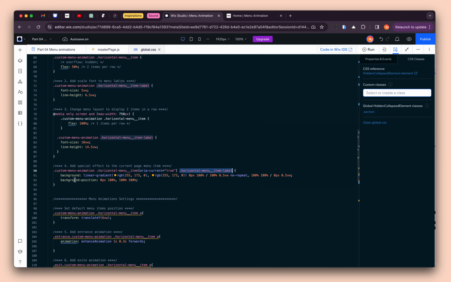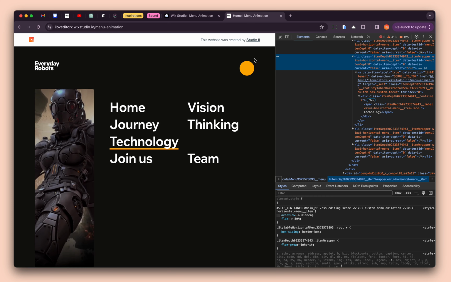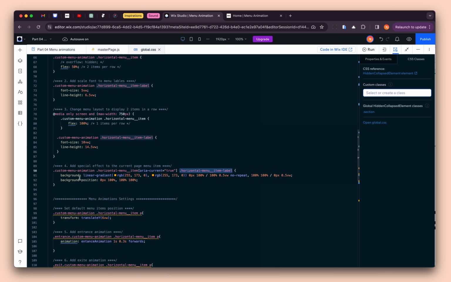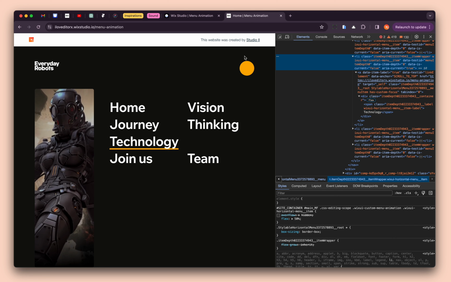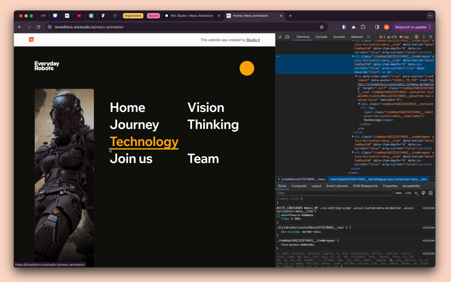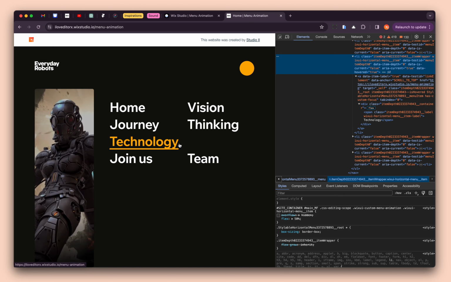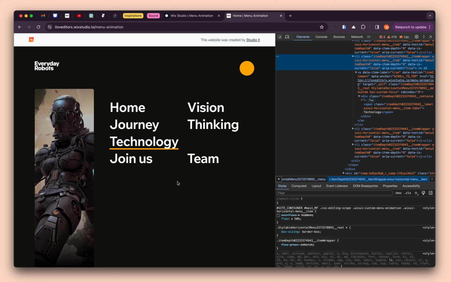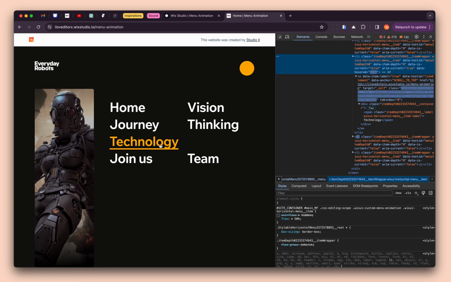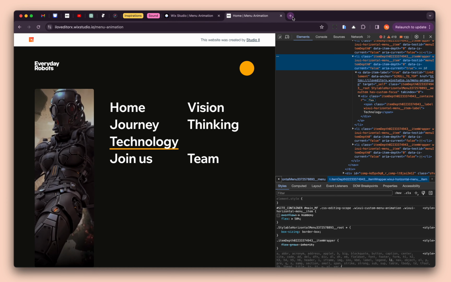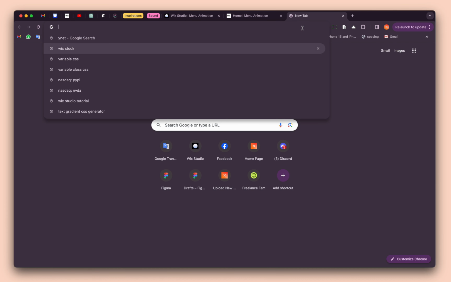So the special effect that we see in the live page is basically this. We created a background for this item with linear gradient. So it starts from the bottom up, and you can see, it's limited the height of the linear gradient, so you get this effect. But you can also do something else. For example, you can do like